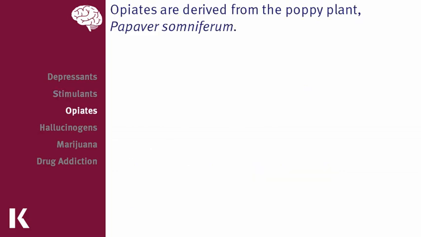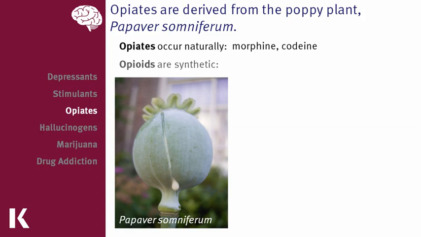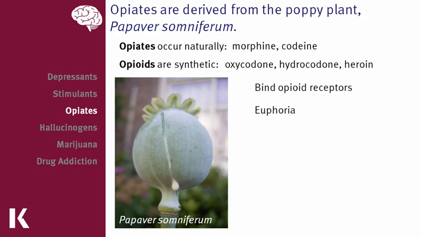Now that we've talked about uppers and downers, let's move on to opiates and opioids. Opiates are naturally occurring and include drugs such as morphine and codeine. Opioids are synthetic and include compounds like oxycodone, found in Oxycontin, hydrocodone, found in Vicodin, and heroin. These drugs, with the exception of heroin, are prescribed as common painkillers. Opioids work by binding to the opioid receptors in the body, resulting in decreased pain and increased sense of euphoria. Heroin was created as a substitute for morphine, but once injected is rapidly metabolized to morphine.